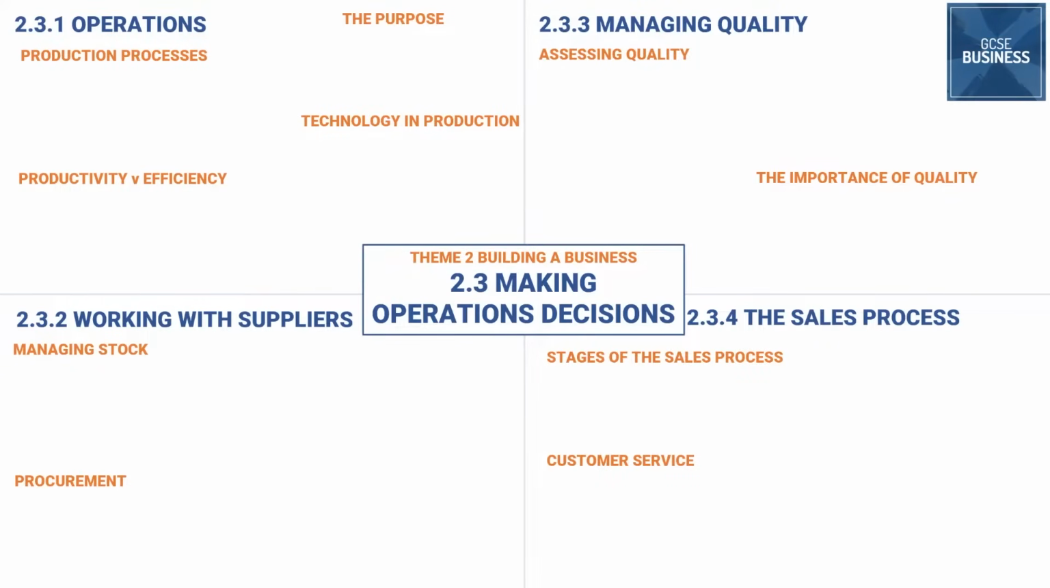So this is the third video in the Theme 2 series of recaps. This one's all about the operations department. After the first one, which was about growth, the next four are about the main four departments within an organization. So 2.2 is marketing, 2.3 is operations, 2.4 is finance, and 2.5 is human resources. In this one, we're looking at operations, we're looking at production, we're looking at suppliers, we're looking at that